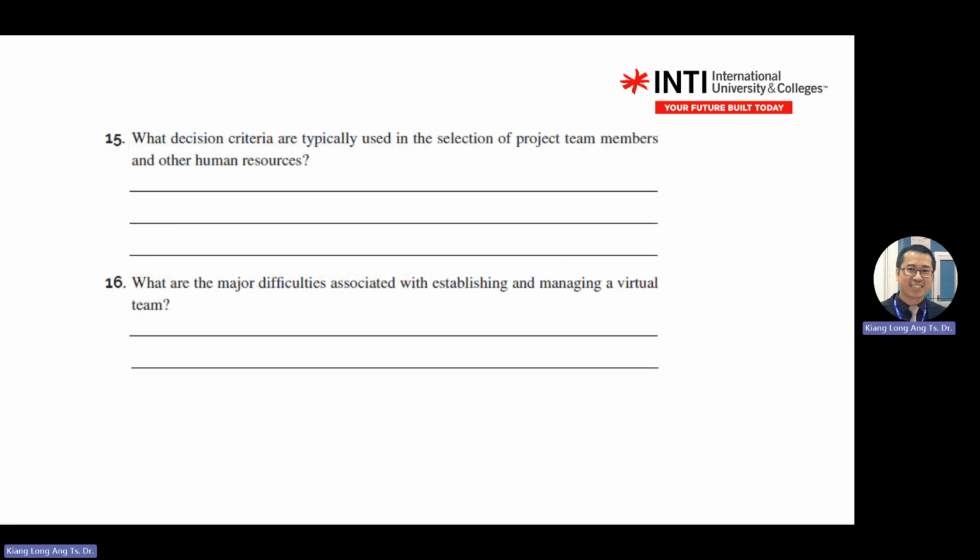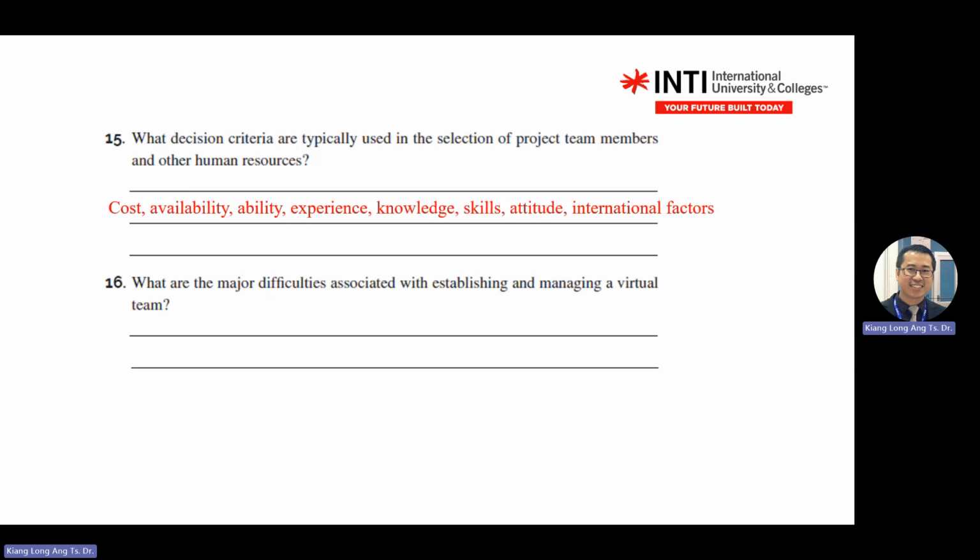15, decision criteria for team members. Decision criteria usually used in the HR. So this one you elaborate on cost, availability, experience, knowledge, skill. This one, the talent triangle. If you write technical knowledge, sure will be right. You write about leadership, character, experience, managing human management skill, business sense. You have a business skill that links with the planning, project cost. You have a good attitude.